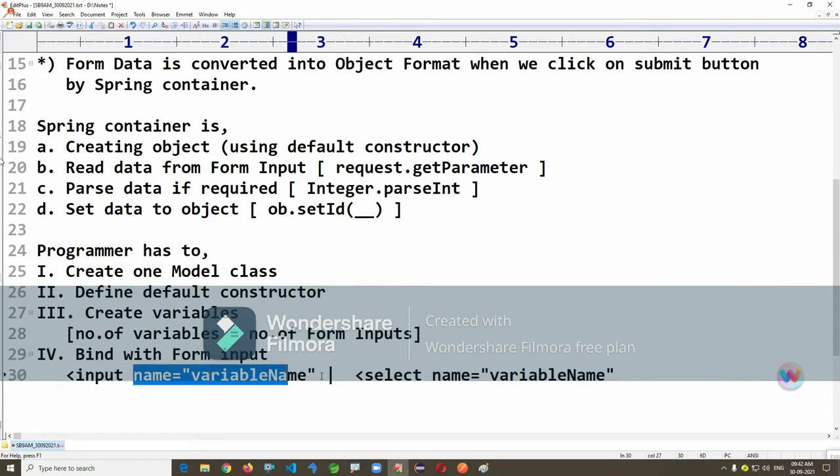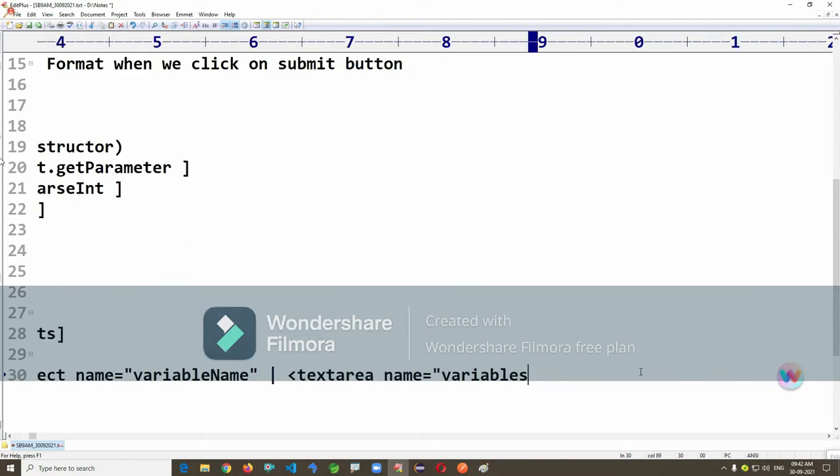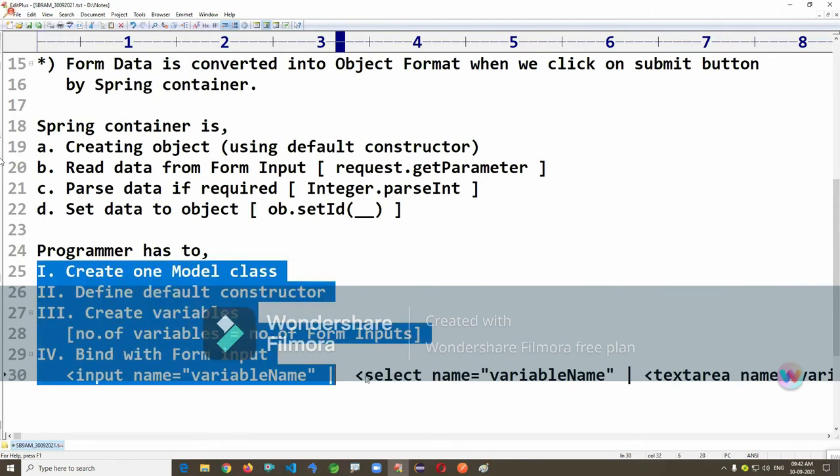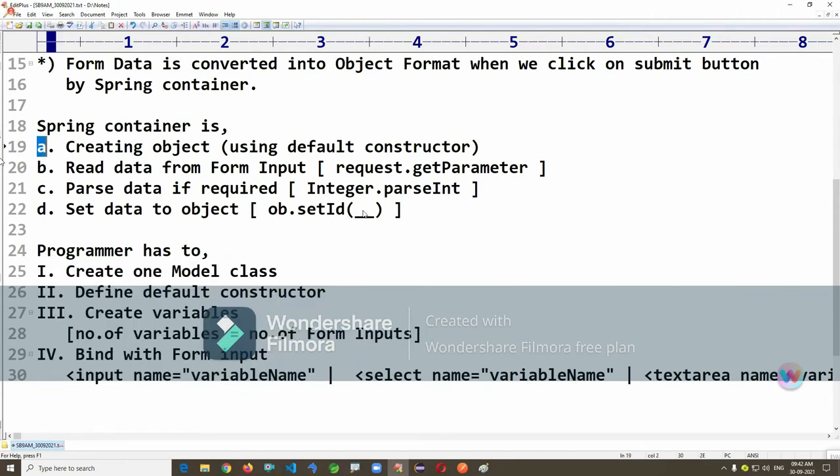Name attribute. Whatever tag you take here, such as a text area, the name must match the variable name. That is a rule. If you follow these rules, then the container will do this.